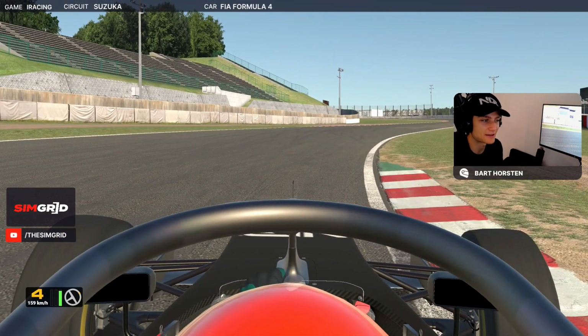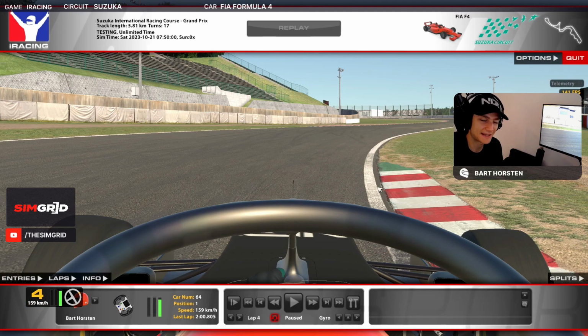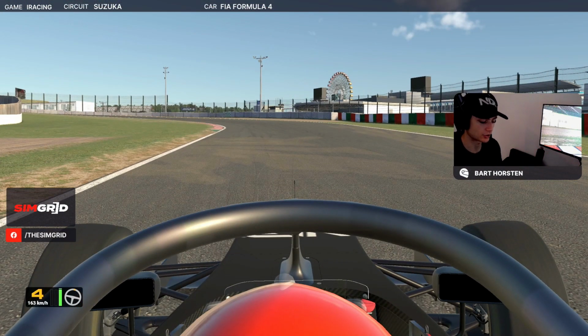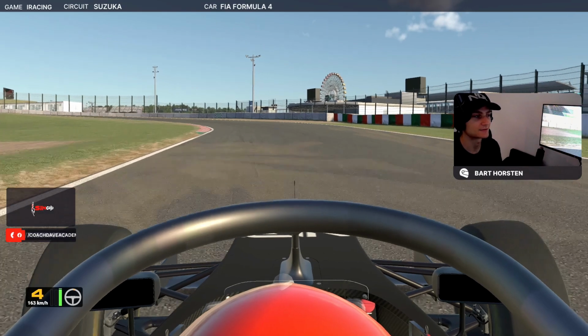So this is what I mean. We're now tight to the right-hand side of the track at the end of this right-hander of turn 4. So now we can get back to full throttle. You can see I'm not forced all the way out to the left-hand side of the track. This is so we can open this up a little bit. So we want to be about mid-track there. And then we turn in,